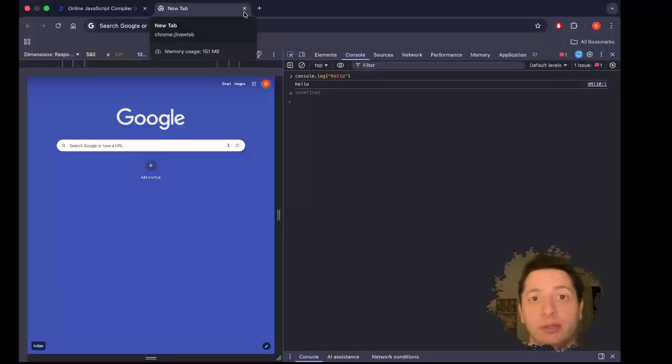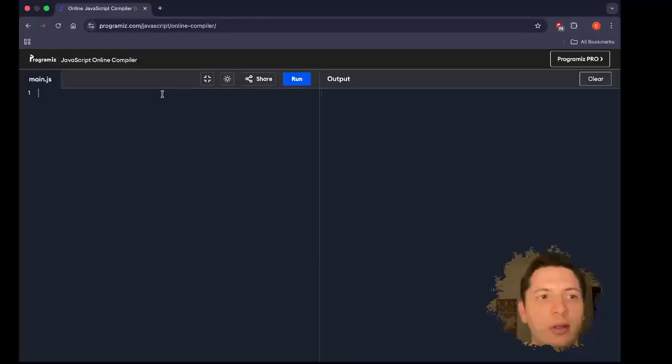If Java was built into the browser, then it would be running Java. If C++ was built into the browser, it'd be running C++. But JavaScript is the language that caught on, and that's what's used in every single browser. Now, let's talk about the very first thing, which are values in JavaScript.